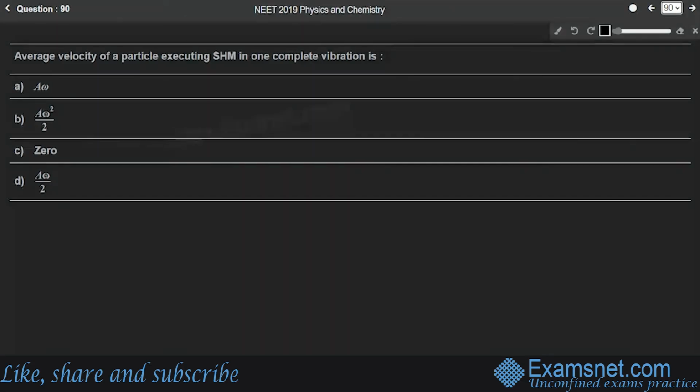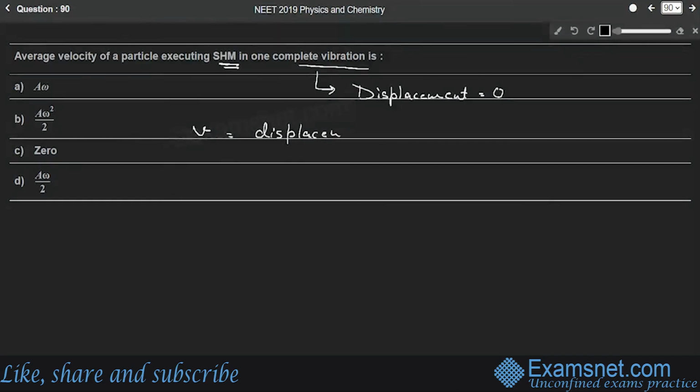And now the last question is from the chapter Simple Harmonic Motion. And the question is, average velocity of a particle executing simple harmonic motion in one complete vibration is. So what does one complete vibration mean? It means that the displacement will be 0. In one complete vibration, displacement is 0. So what will be the average velocity? Velocity is equal to